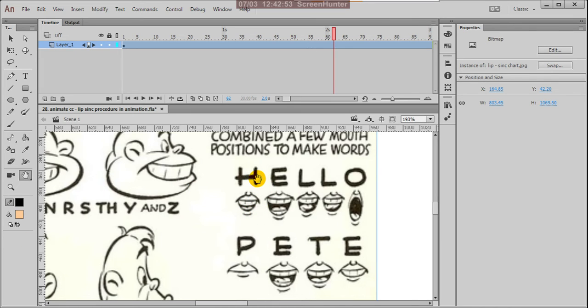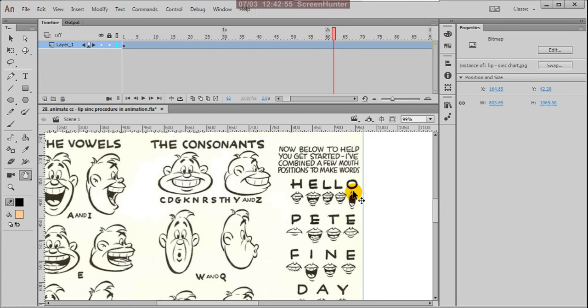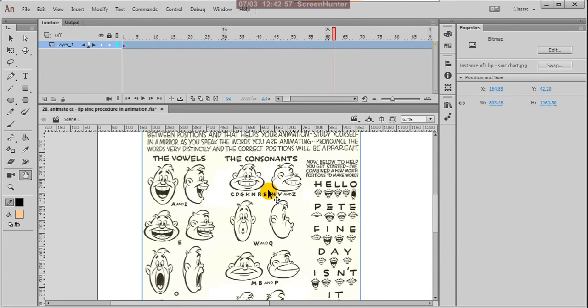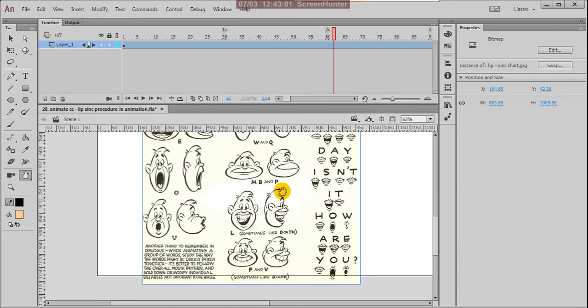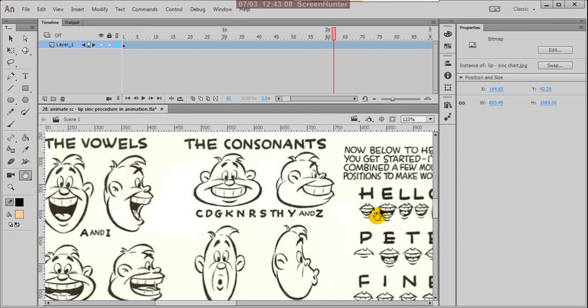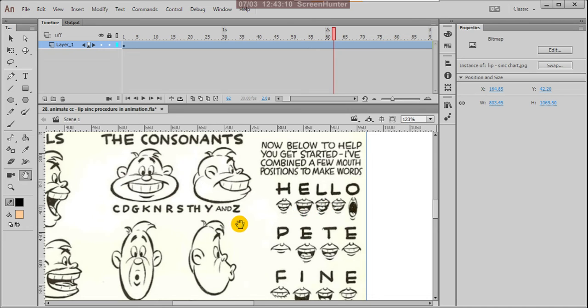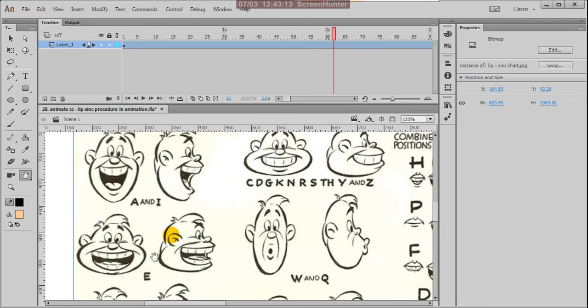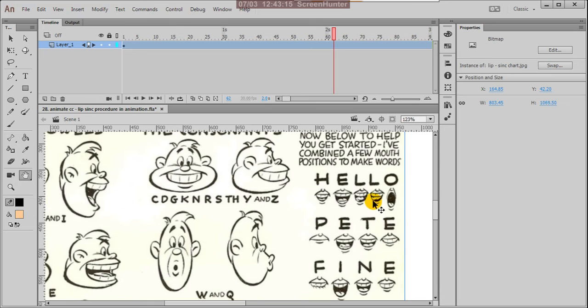For H, take from the H. Suppose this is for TH and H, taken from this. And E is taken from here. LL is the touching tongue, and O. Okay, you can combine them. Hello, the sounds are already recorded.